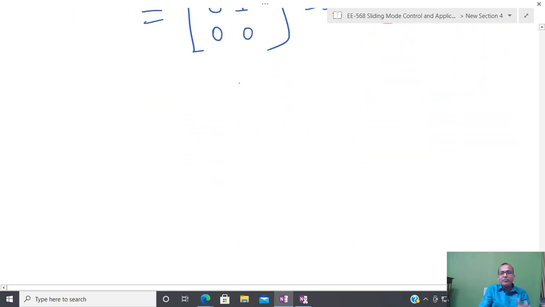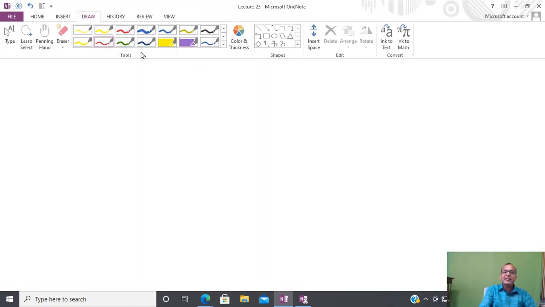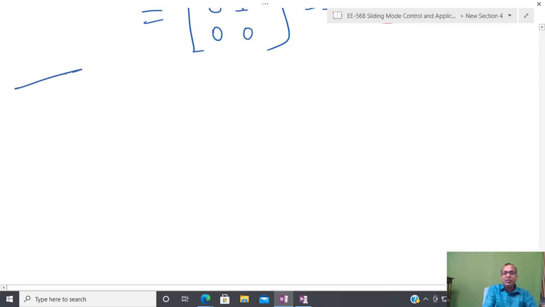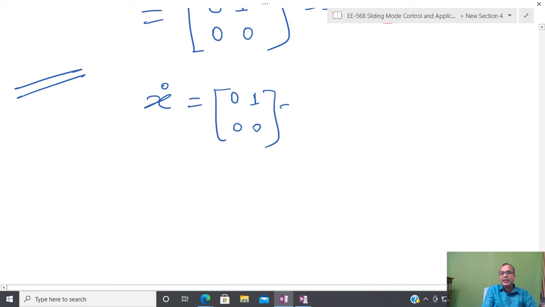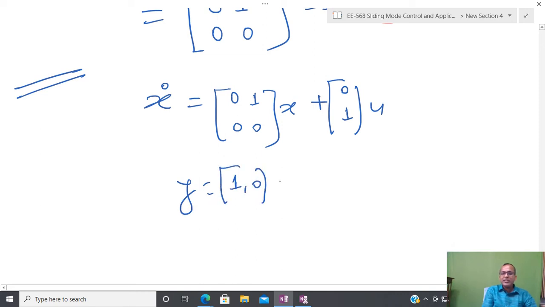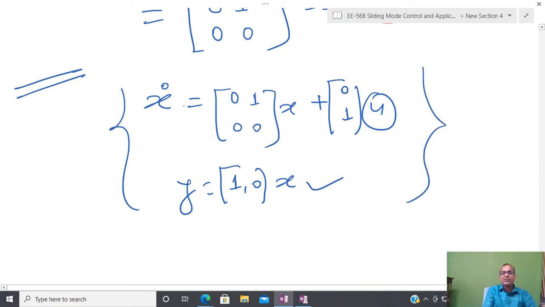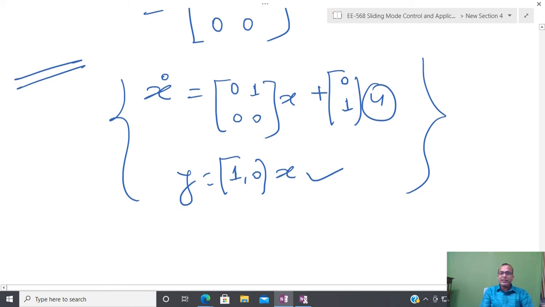Now, from the theory, at least I understood this. So my problem is now like this: x dot equal to the matrix [0, 1; 0, 0] x plus [0; 1] u, and y equal to [1, 0] x. Then using the information of this output and control, theoretically I can tell that I have information of x. So now how to calculate x, that is another problem, and that is called the design problem.